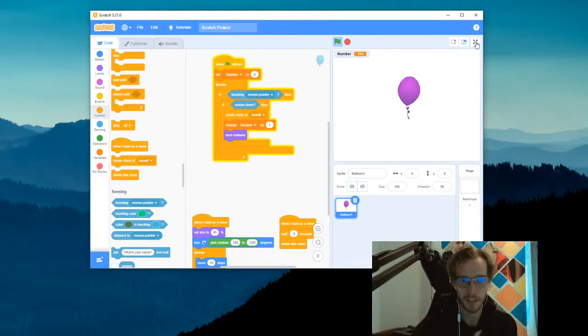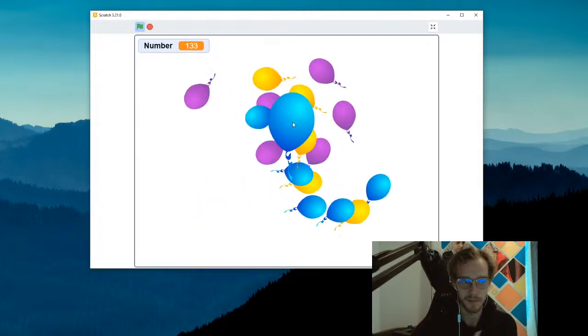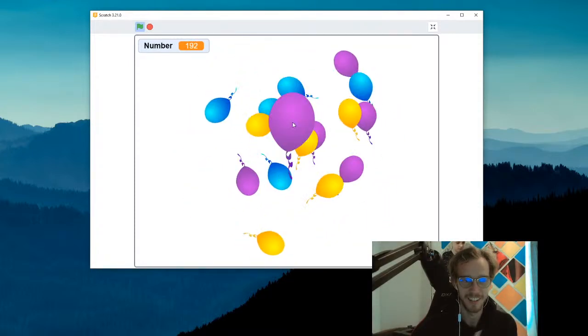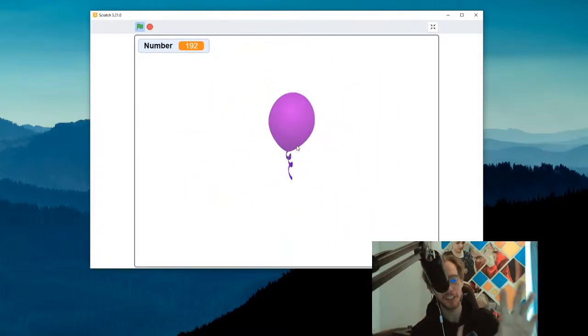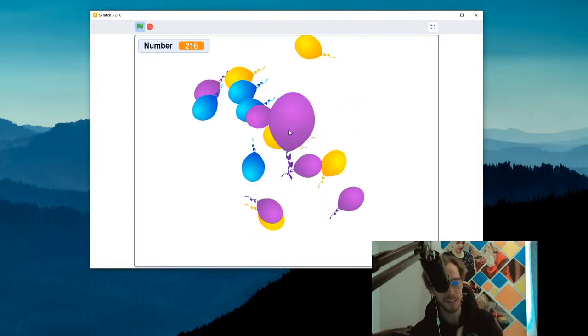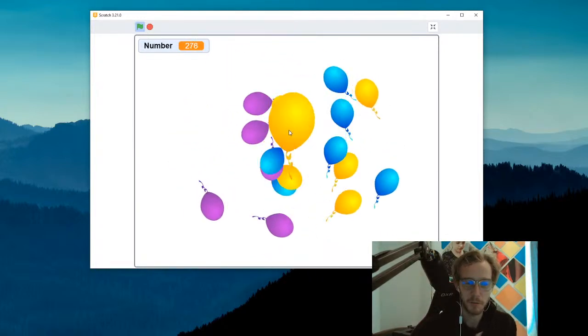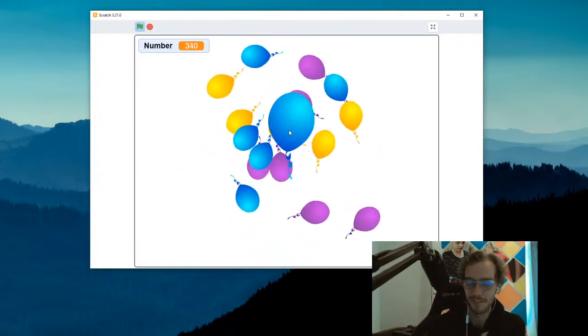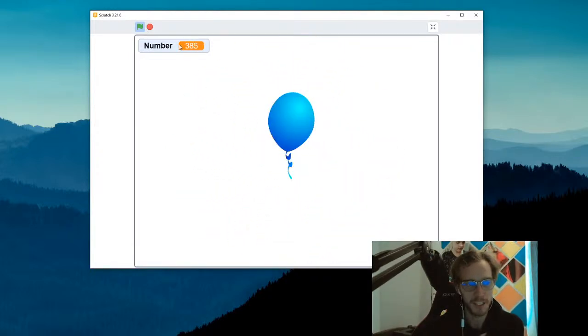Actually, I'm gonna make the game large again. As you can see. I think changing the color of the balloon, yeah, we can change that, but it looks pretty cool. Hopefully you were able to follow. As you can see in here in the full screen,